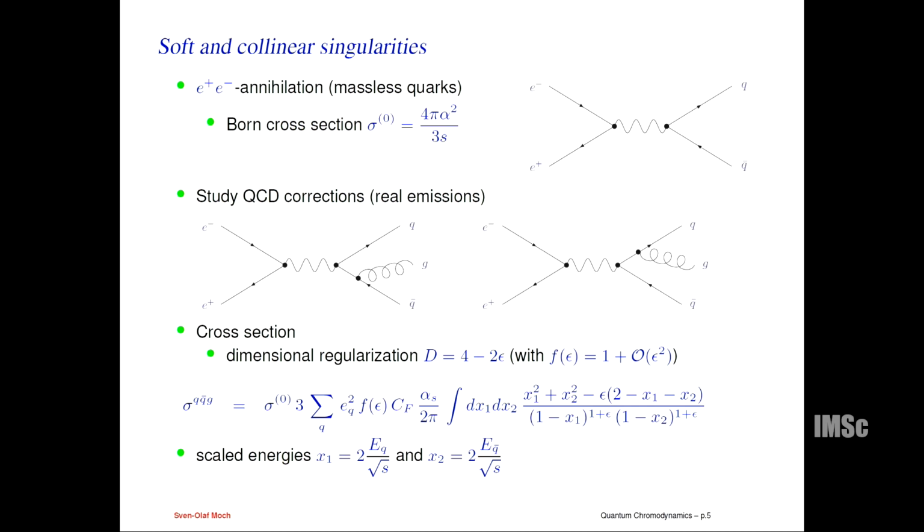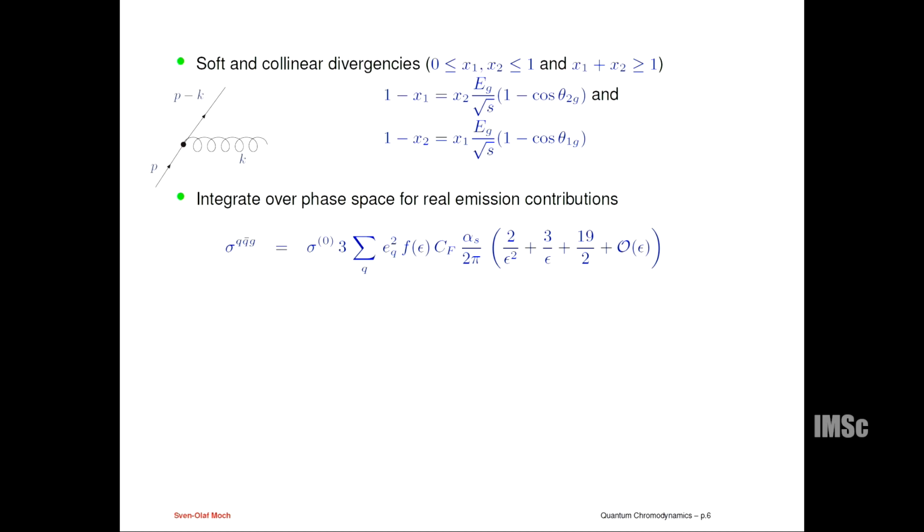And then you expand these gamma functions in epsilon, and since there is a divergence, there will be poles in the gamma functions. If you do this now, we integrate over the phase space, we expand those gamma functions in epsilon, and this is the expression we get. This is directly the previous equation integrated over x1 and x2, and then expanding the gamma functions in epsilon. So we get a divergent result. I put here some f of epsilon. This is just some residual dependence on epsilon. It doesn't matter, since I've extracted all the poles here.